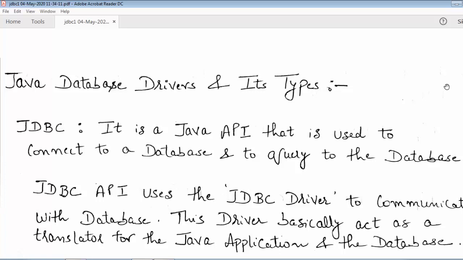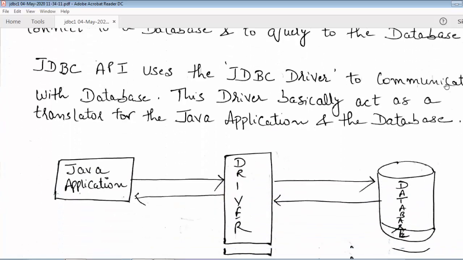The JDBC application programming interface internally uses the database drivers to establish a link between the application program and the database. In this way, database connectivity is established with the help of database drivers.